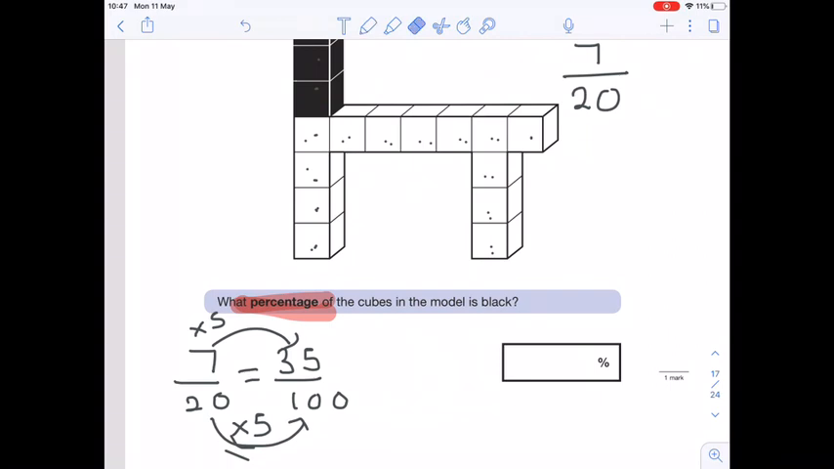So the equivalent fraction of 7 out of 20, because 7 are black out of 20 altogether, is 35 out of 100. And then that gives us the percentage, because it's 35 out of 100, 35%. So for every 100, we have 35% of them. 35 of them would be black. Okay,